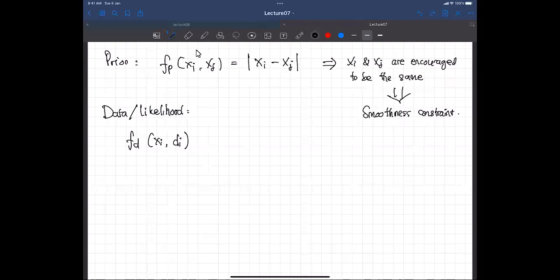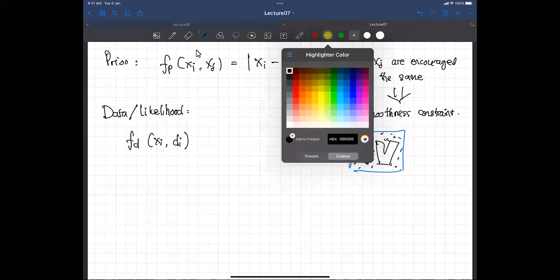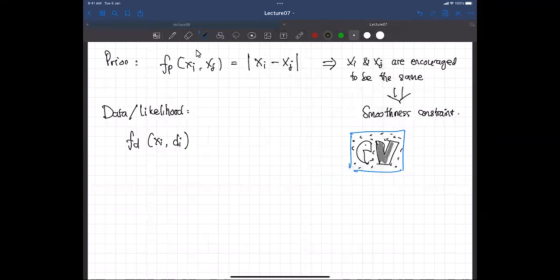In the noisy example I gave you, assume you have a black and white image with text, CV for example, and you want to remove the noise. You know that the value of this is black, so this is a black pixel. The idea of likelihood is to just follow the data. If the data is black, then it should be